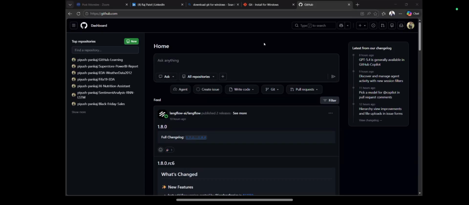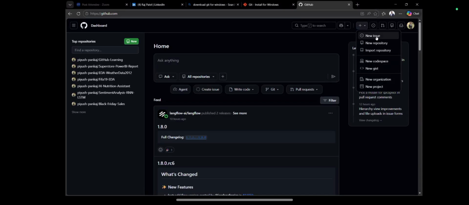Once it is created, let me check what particular project I have, and I will be creating one repository for that. The last project that we have created, let me just create one repo for that.